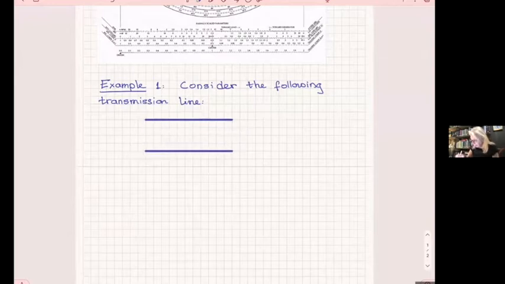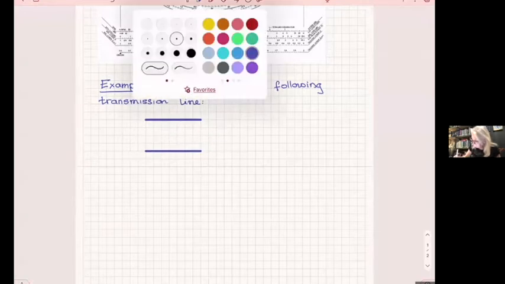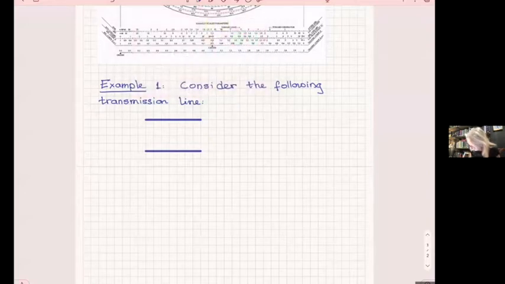All right, this line has two impedances at different locations. In fact, many times you will see the line split in two pieces. And in this case it has an impedance that is connected here,